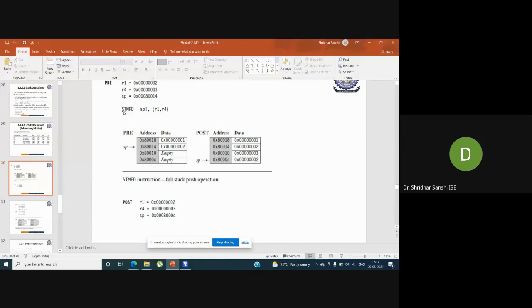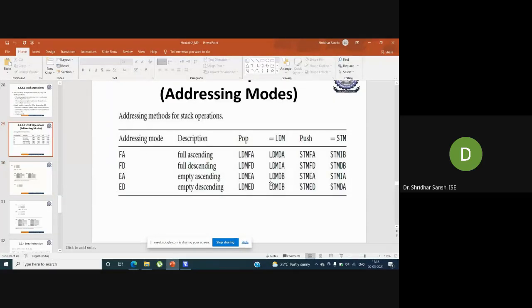Now I'm executing this instruction, store multiple full descending. I'm updating the stack pointer after moving the contents of R1 and R4 to memory. So what will be my new address? STMFD is nothing but STMDB, decrement before.